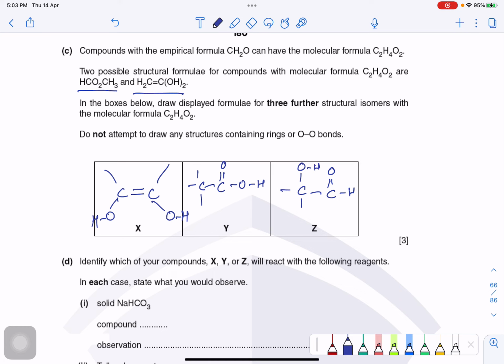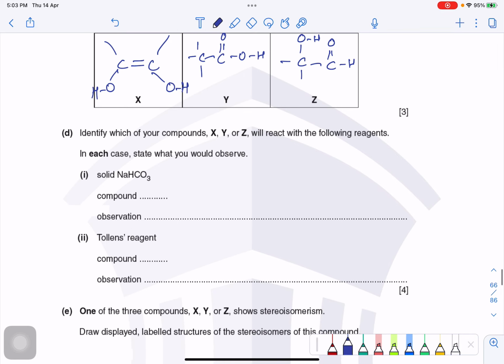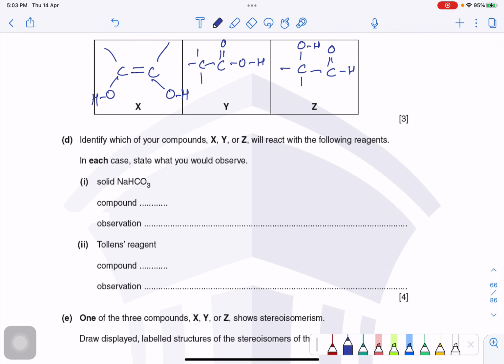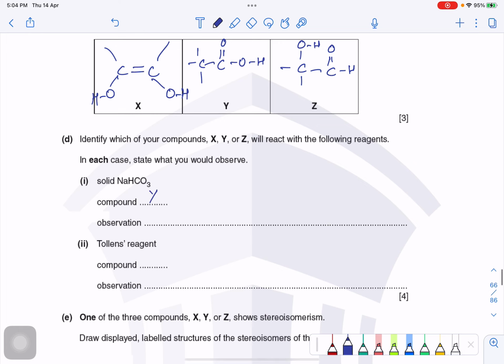4 carbons, सही है। Identify which of your compounds will react with the following reagent. NaHCO3. NaHCO3 क्या है? NaHCO3 is acid as well as base. ये हमारे पास एम्फोटेरिक सॉल्ट है क्योंकि इसमें हाइड्रोजन आयंस भी हैं और कार्बोनेट भी है जो कि बेस के साथ रिएक्ट करता है। तो हमारे पास कोई एसिड तो है ना, यहाँ पे एथेनोइक एसिड है, सो दिस इज गोइंग टू रिएक्ट विद, बेस नहीं है हमारे पास, so this is going to react with Y and this is going to produce what? Carbon dioxide, so effervescence. You can say effervescence of gas that turns lime water milky if you want.